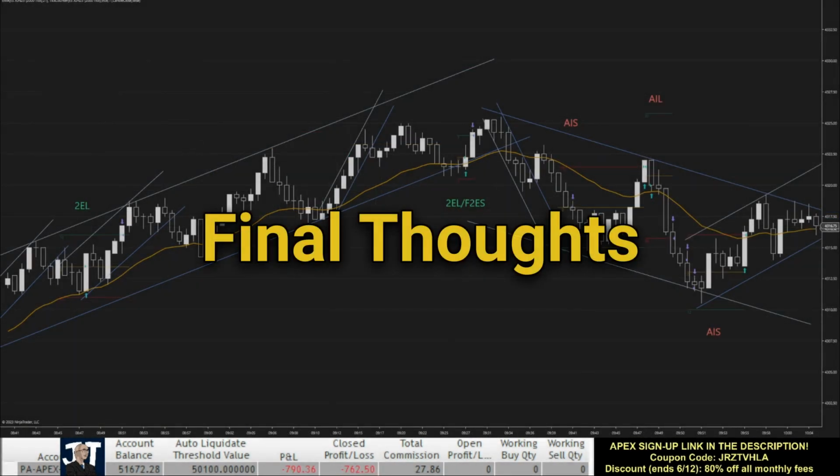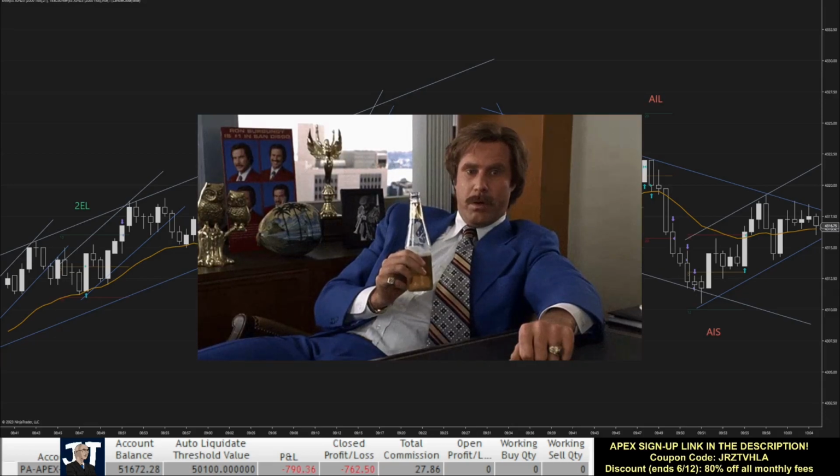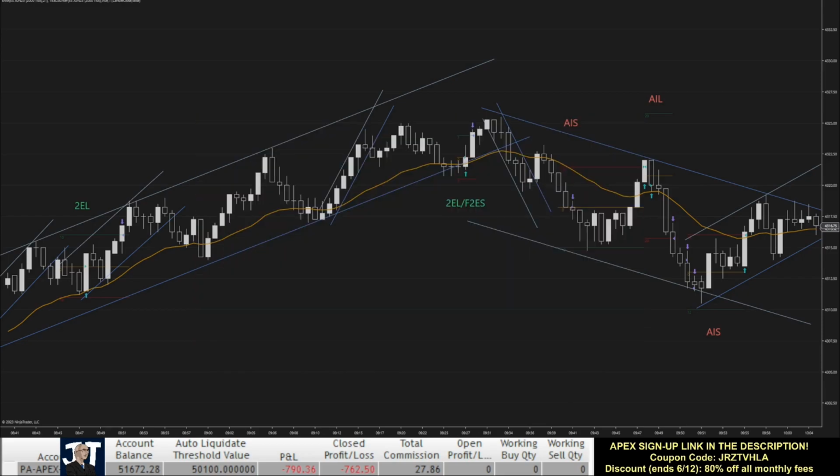Needless to say, today sucked. It started out so promising with those 2 wins that even brought me over the $2,600 withdrawal threshold, and things went from good to horrible in a blink of an eye. Trading with momentum can be very profitable, but today's trade recap also shows the dangers of trying to catch momentum,